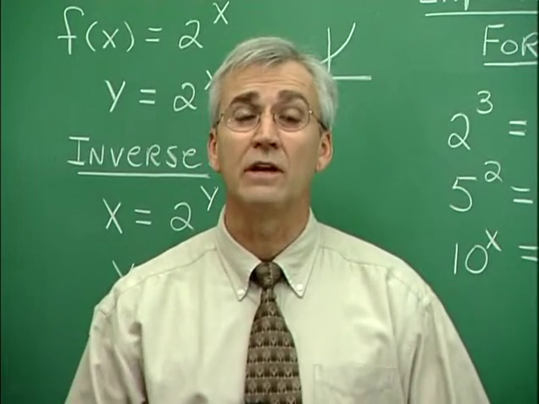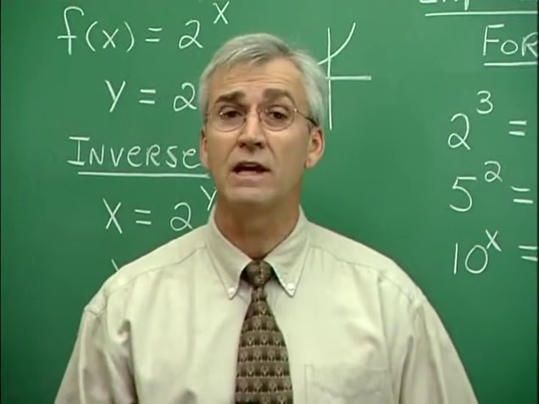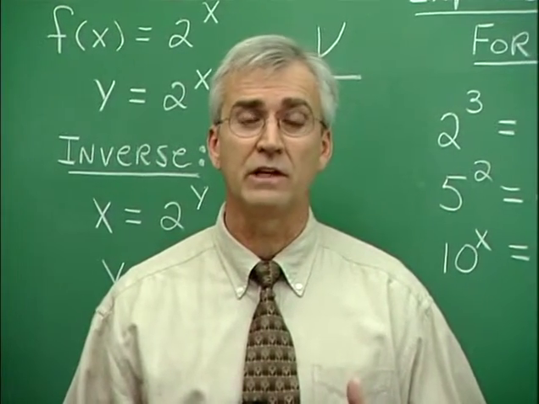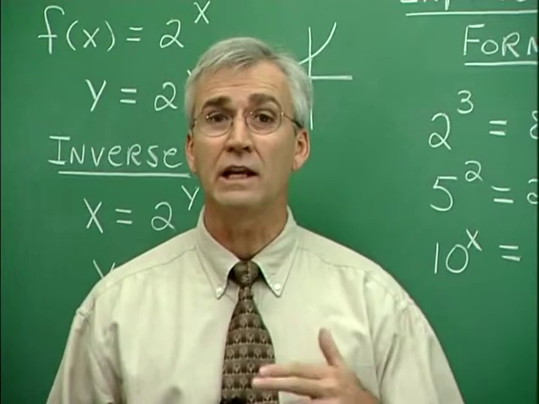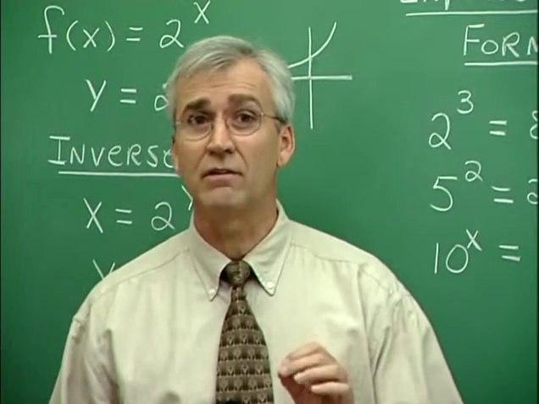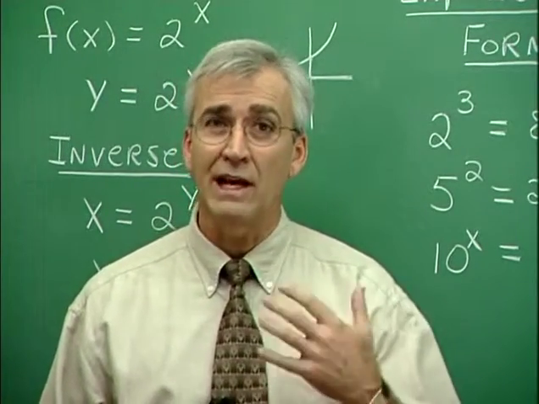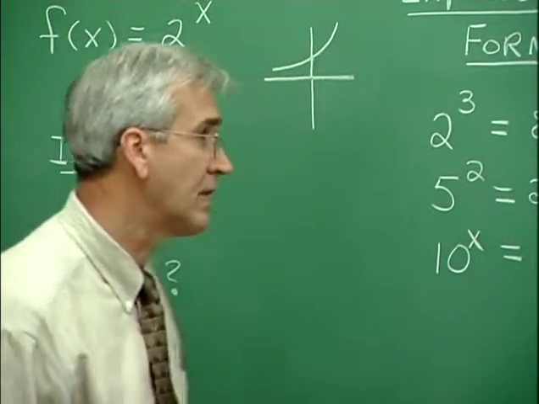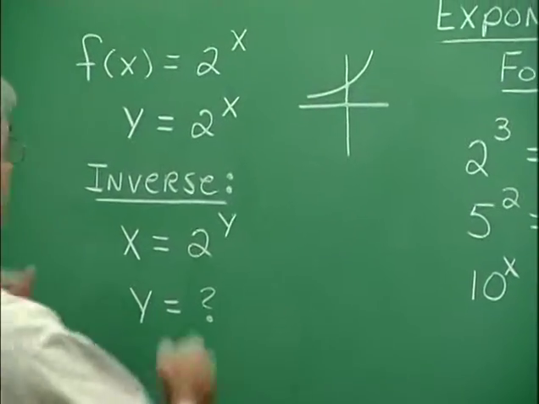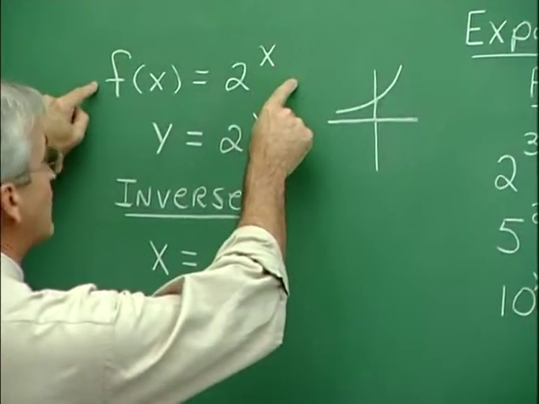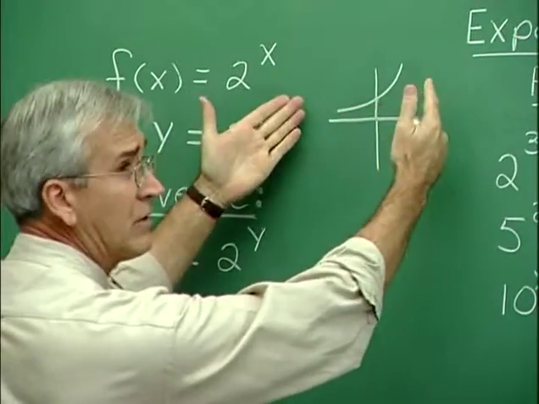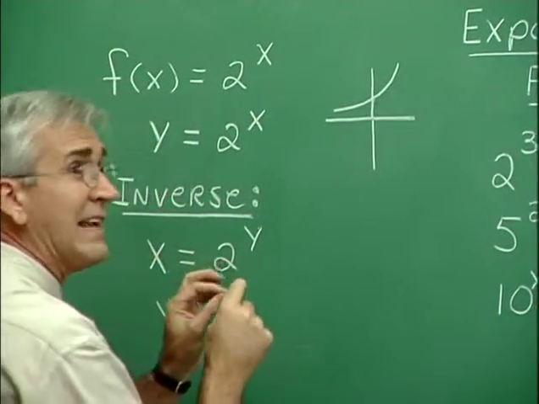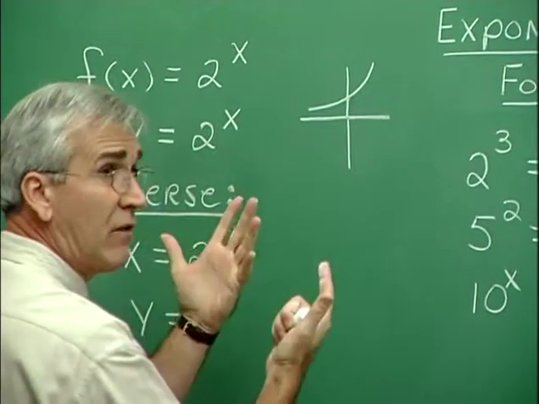In a previous discussion involving inverse functions, we discovered that if a function has a graph which is continually increasing or decreasing, then that function has an inverse which is itself a function. In the last section, we discovered that exponential functions have graphs that are continually increasing or decreasing. For example, the graph associated with f of x equals 2 to the x power is about like this, a continually increasing graph. And therefore we know that the inverse of this function is itself a function, and we can